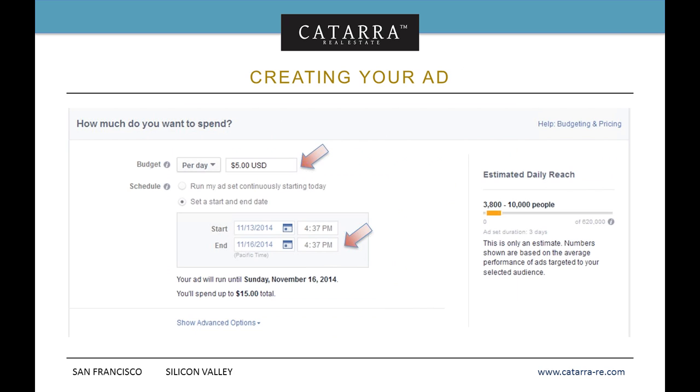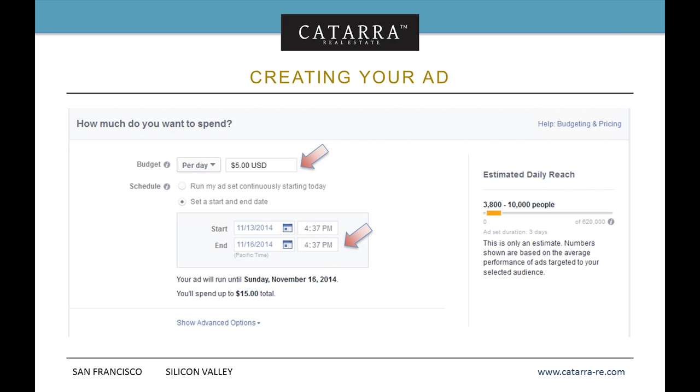That's actually pretty good. You can spend more, but you've got to remember that if you're running this ad in multiple different zip codes, let's say you've got 2 or 3 different zip codes you're going to work, whatever your budget per day is going to be scaled across each of those zip codes. Meaning if you've got 3 zip codes and your budget is $5 a day, you're going to have 3 different ads. That's $15 a day. So if you don't want to spend $450 a month on advertising, then you're either going to have to scale that budget back, which I would not do, or reduce the number of zip codes. Or there's another trick, and we'll get into that in a second.